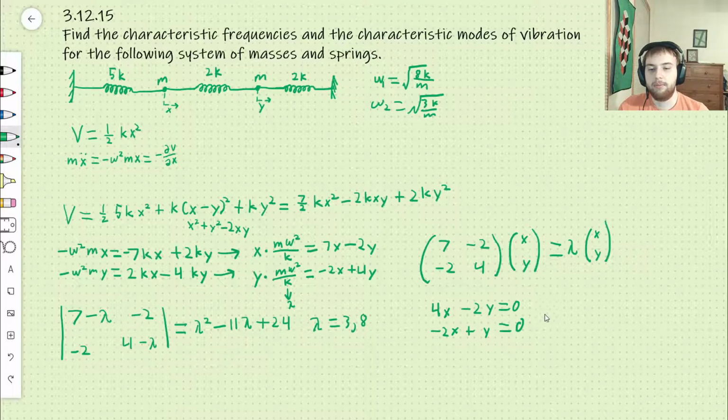So solving this, we get that 2x equals y. And so yeah, if our x is twice what our y is, which remember are these distances here, then our lambda is 3,